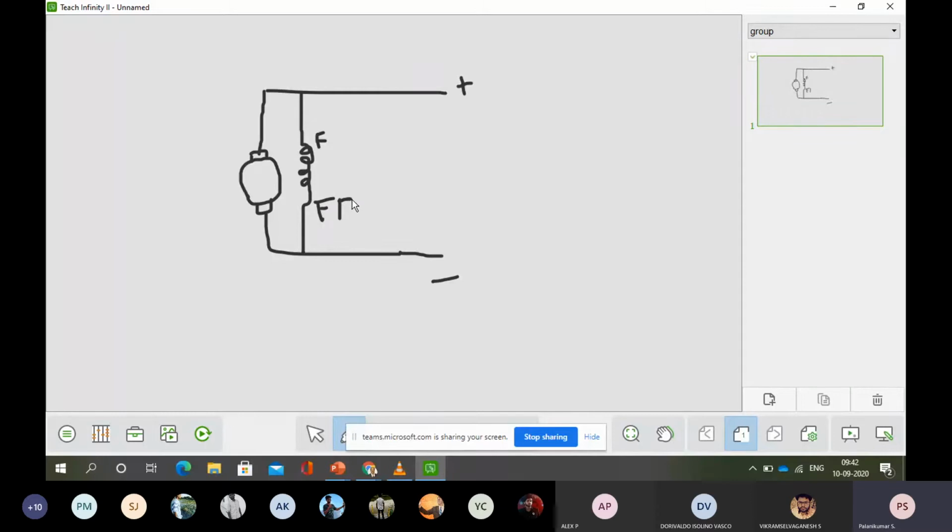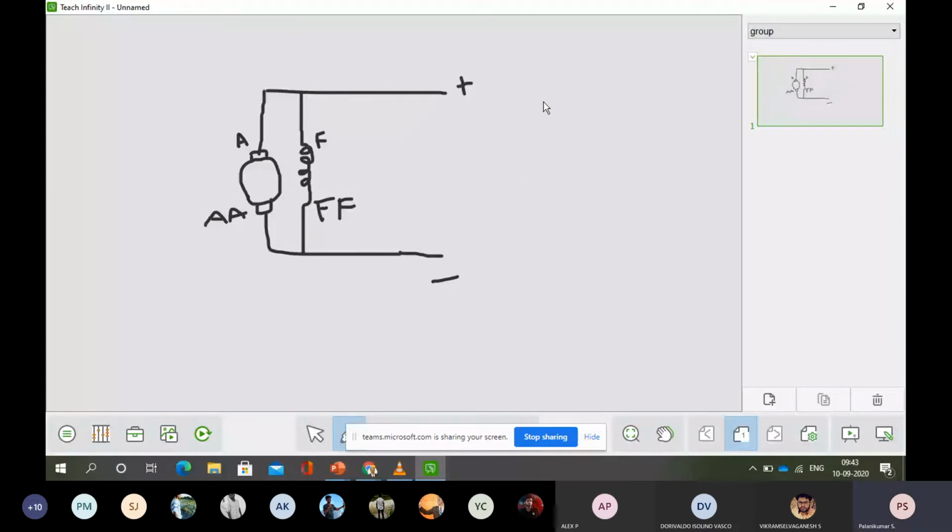This is the outgoing end. Likewise, this is the armature coil entry point, and this is the armature coil exit point. If this plus supply, as shown in the video, is connected to one end of the field, and the same end is connected to the armature, this is called parallel connection. The field coil is in parallel connection.